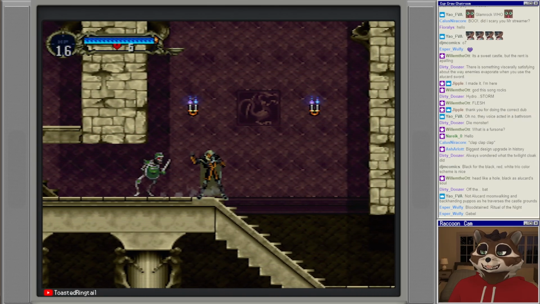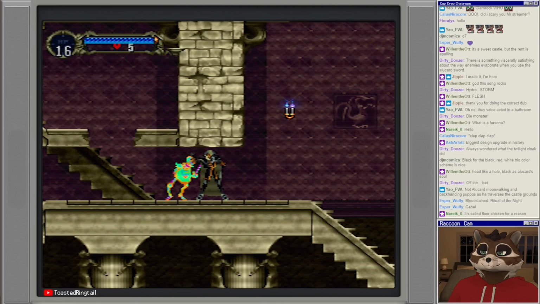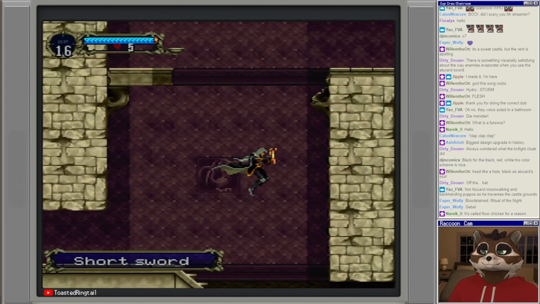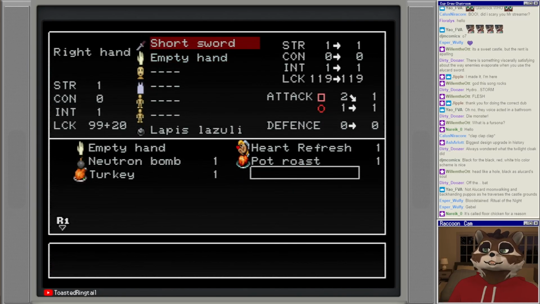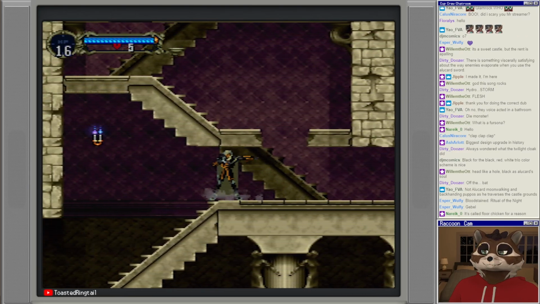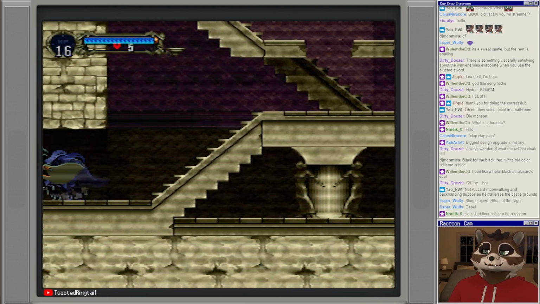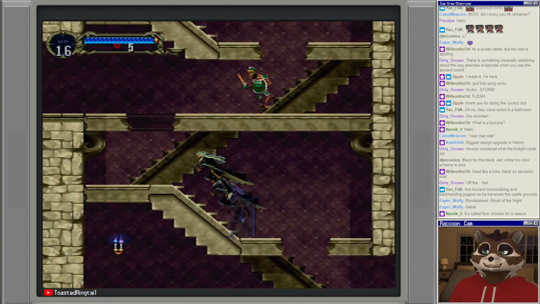Alright, so now we're at the first actually scary enemies in the game. So Death steals our equipment, which is unfortunate because we now do no damage. So we're gonna have to make do with drops from enemies. And the short sword will do. It does mean that we won't be able to do our backdash cancel until we get a shield, which will be a detriment, but